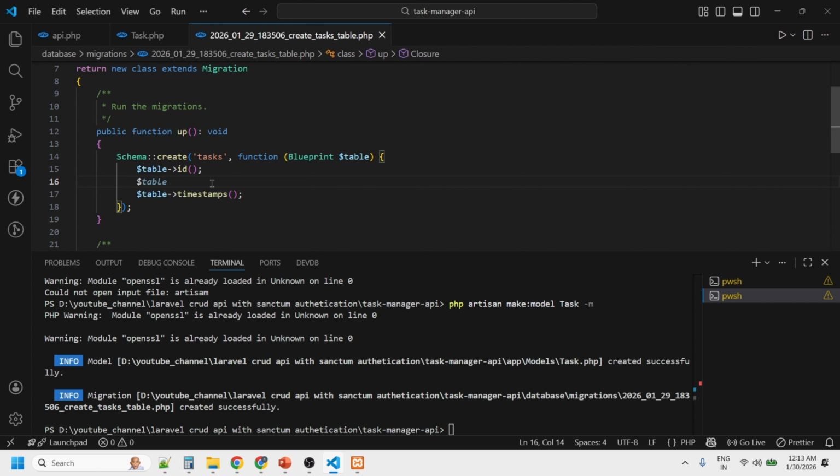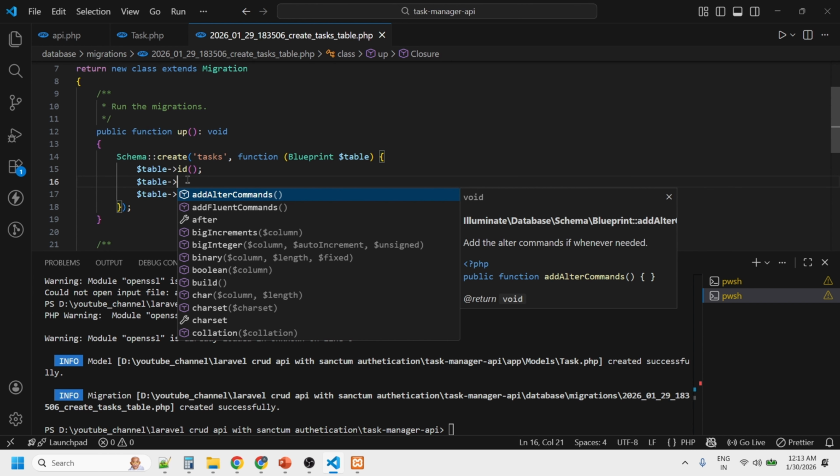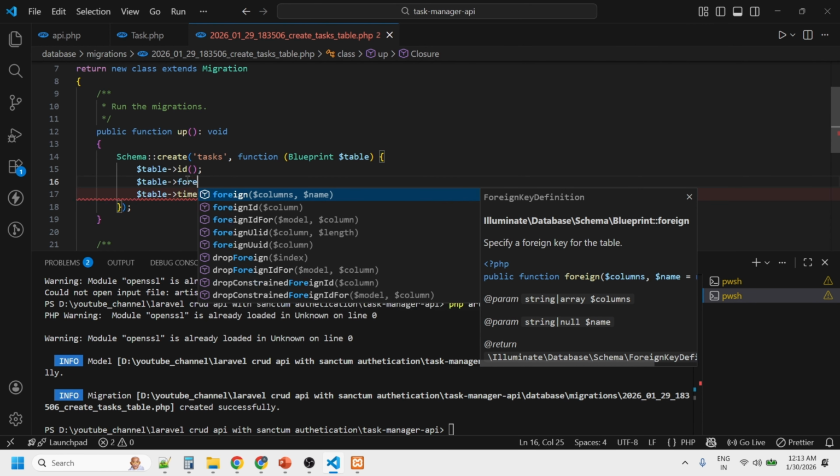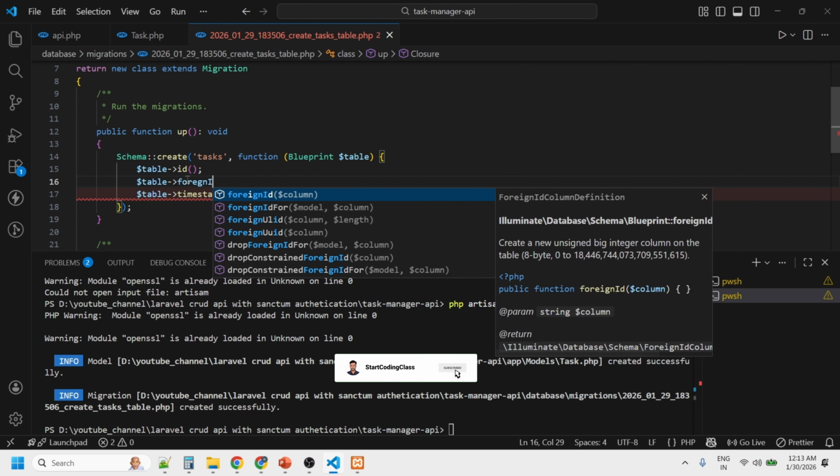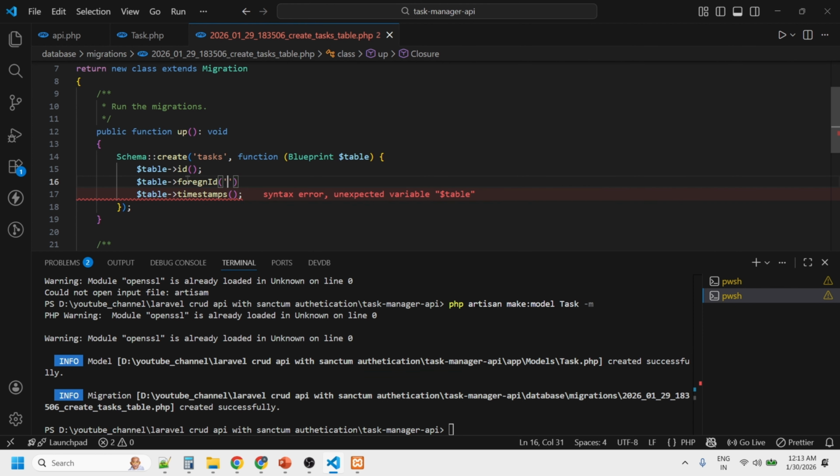So let's go add another column name also. Different tasks are related to different users, so in this table we will also store user ID. That user ID is a foreign key of the user table. So in this table, we are going to create a foreign key, foreign ID, user_id